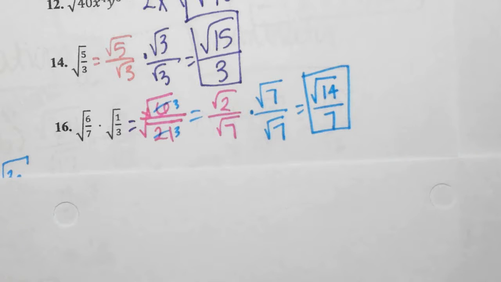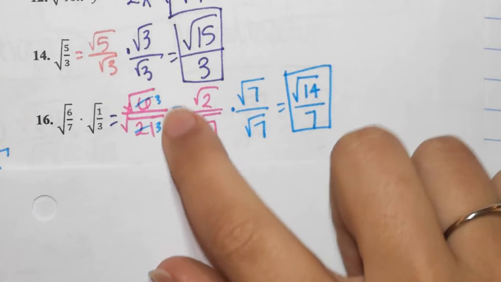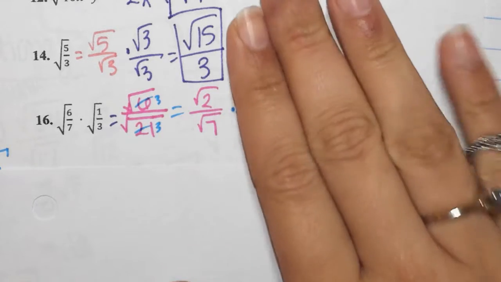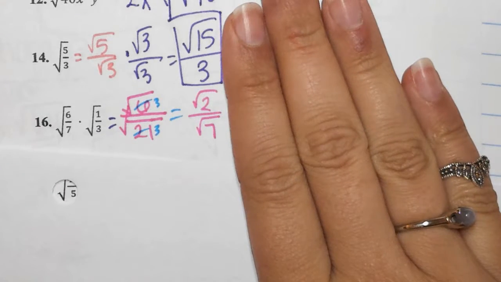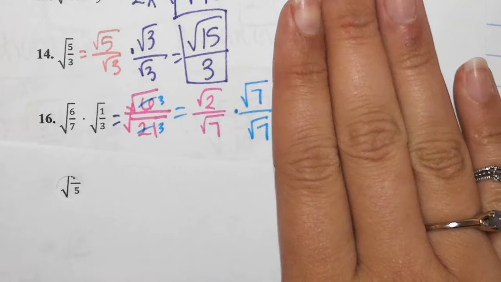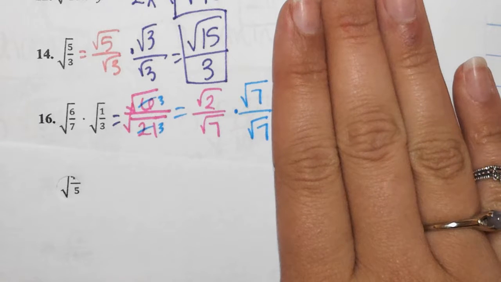All right, so I broke it down into the square root of 6 divided by the square root of 21. And then I reduced by dividing both by 3. So then from here, we cannot have a radical in the denominator. And that's not a perfect square, so you rationalize. By rationalizing, you multiply the top and bottom by the denominator. The denominator is the square root of 7, so I multiplied the top and bottom by the square root of